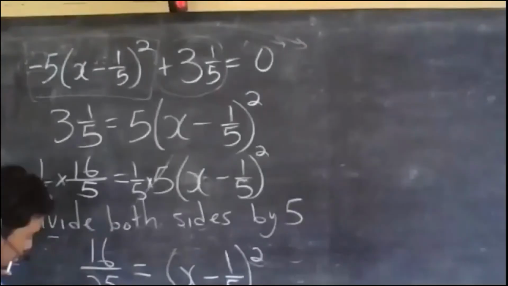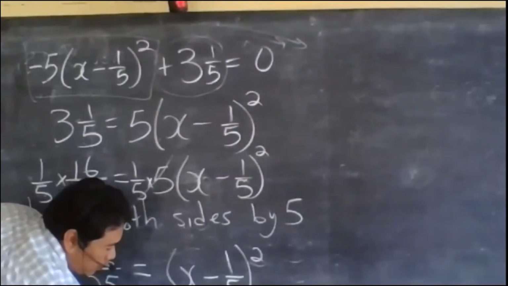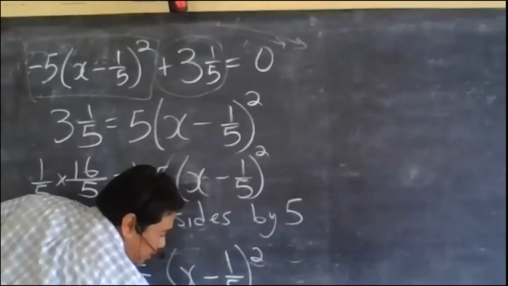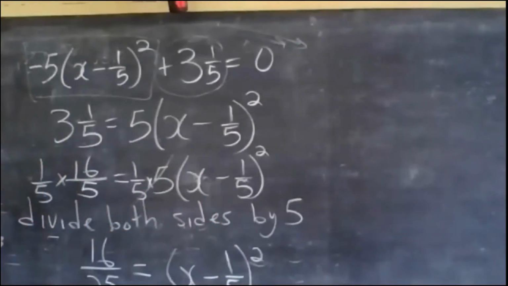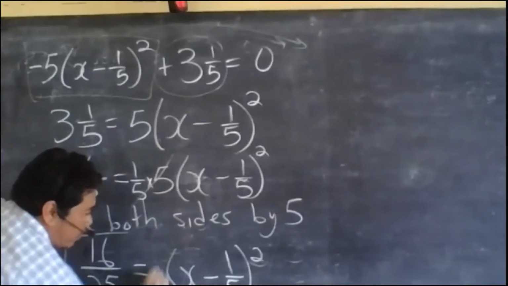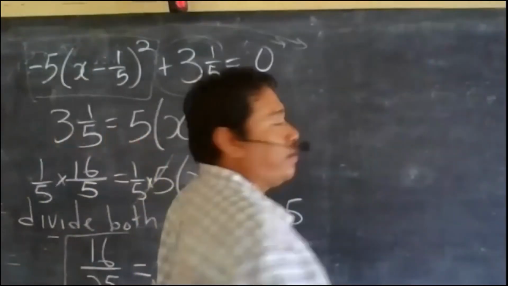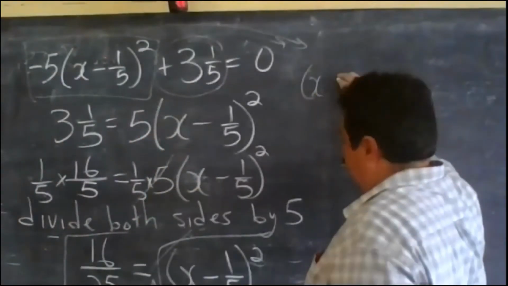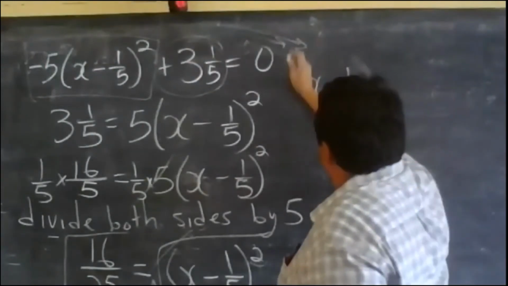So I will square root both sides. So if I square root, on this side this cancels, leaving me with x minus 1/5 equals